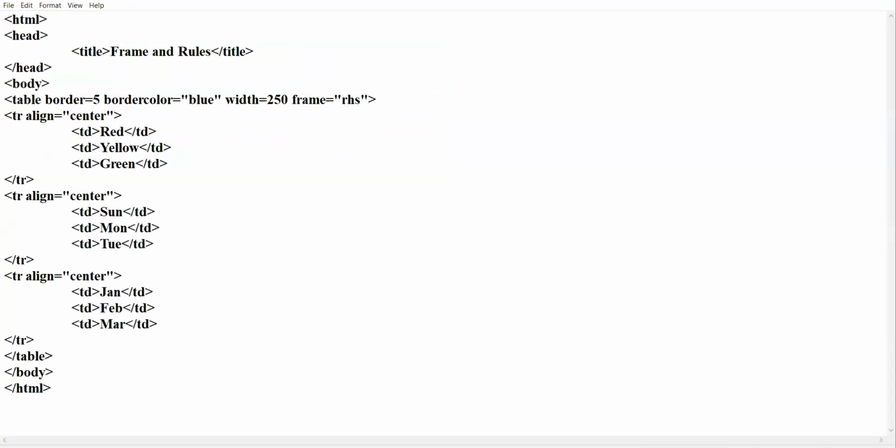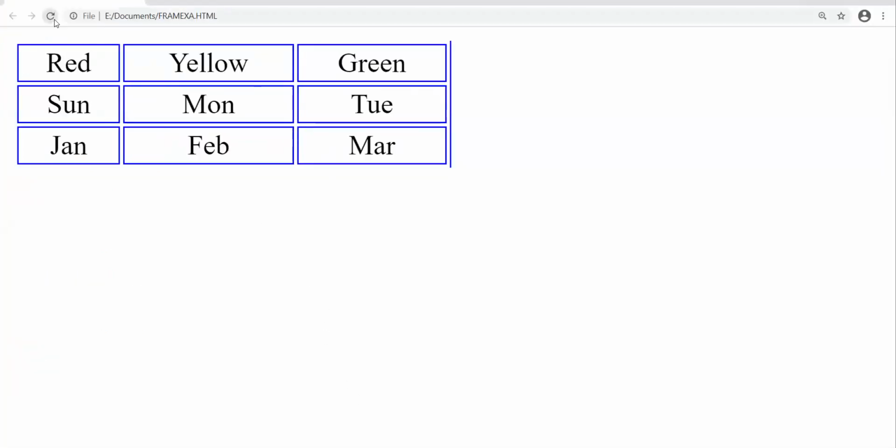Next is RHS. RHS is right hand side. The border will be appearing on the right hand side. See, the border has come on the right hand side. Clear?